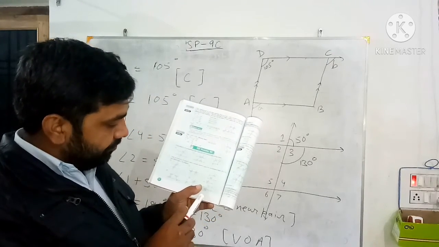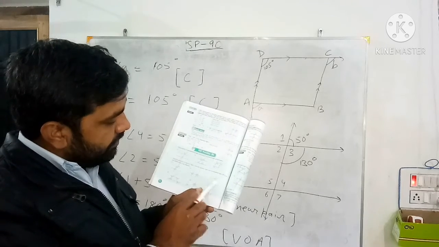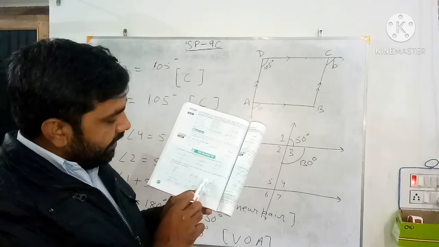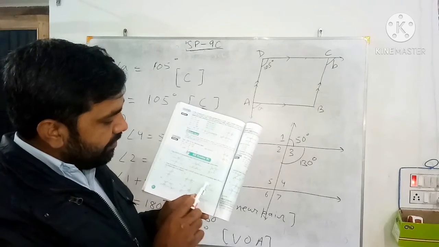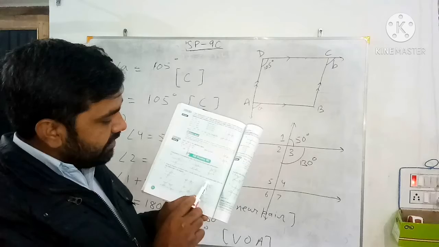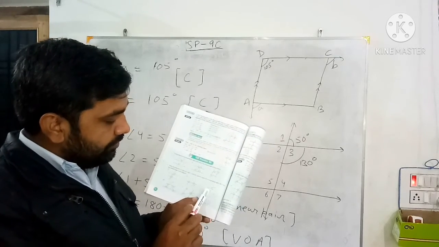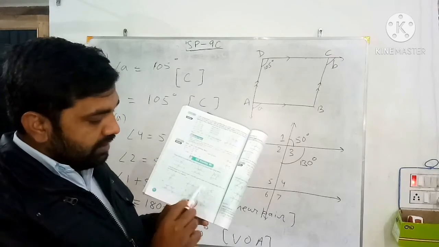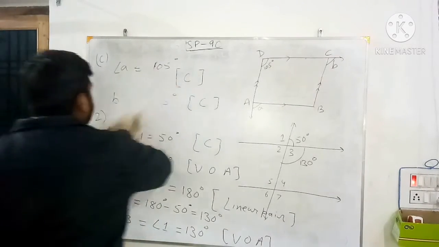Now here you can see, for this angle A, these two are the parallel lines and this is the transversal. So this angle will be equal to A, or you can take this angle as a vertical opposite angle, 135. So this A and 135 is the co-interior pair, so their sum will be what? Supplementary. So let me do it on the whiteboard.